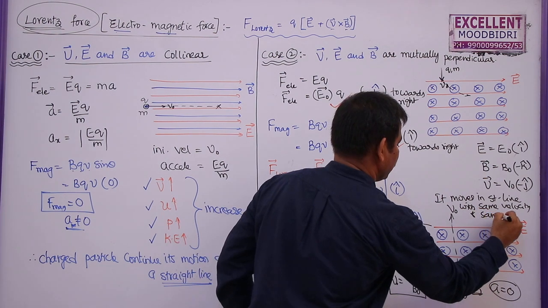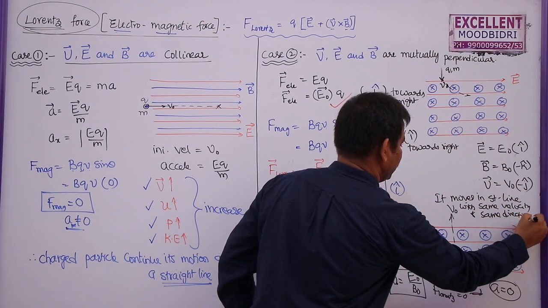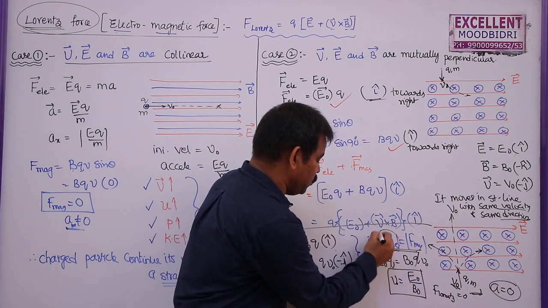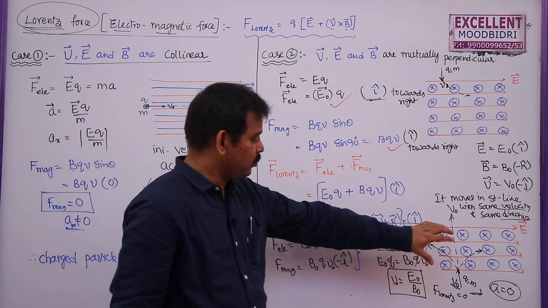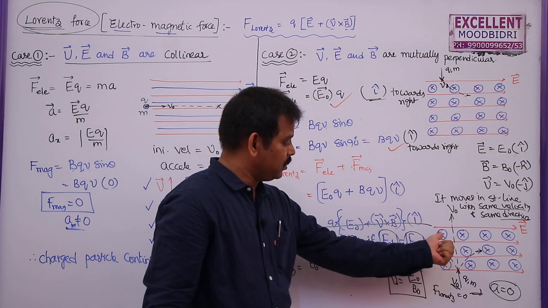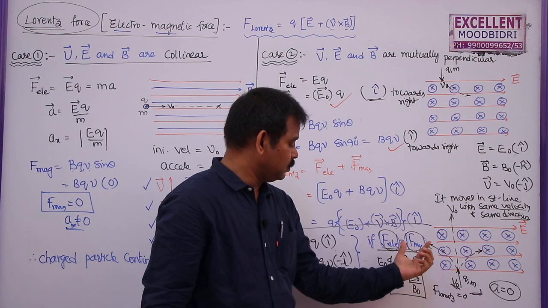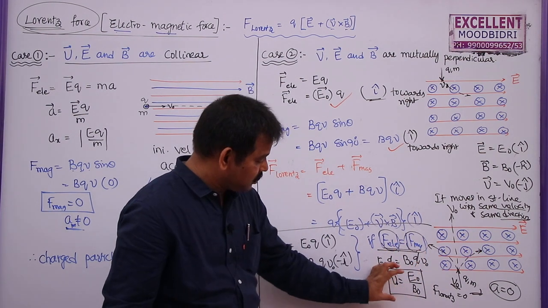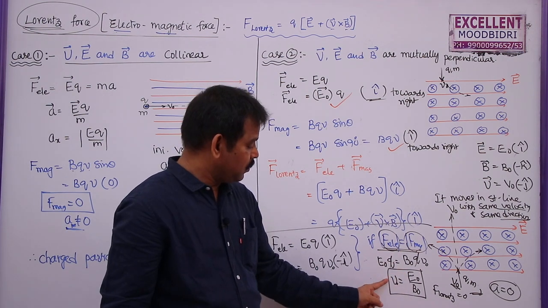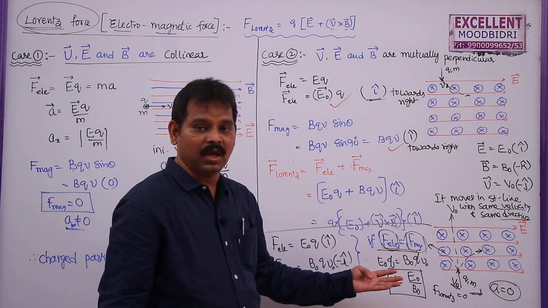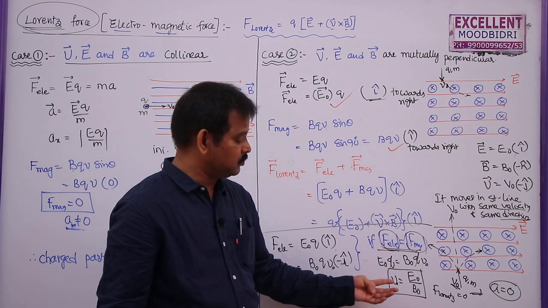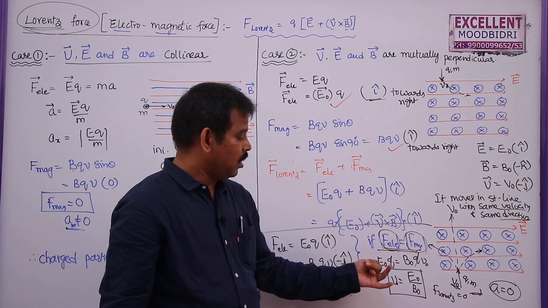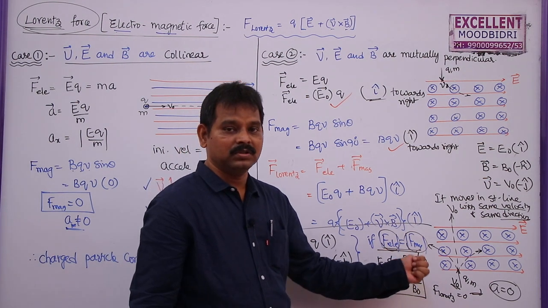and same direction. So velocity, direction as well as magnitude will not change if the electric force and magnetic force are equal. For this I need to adjust the magnitude of magnetic field induction or strength of the electric field so that these two values become equal and it continues with the same velocity. Based on this, we are using this same concept in finding the specific charge of the electron, already used by J.J. Thomson, and in the velocity selector as well as mass spectrometer, in Hall's effect and including the cyclotron.